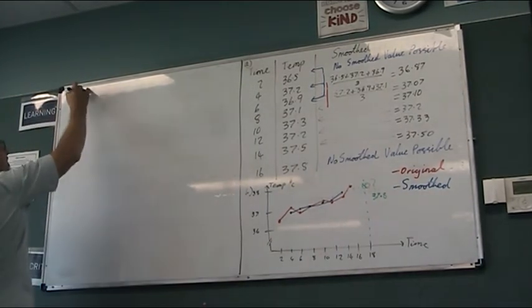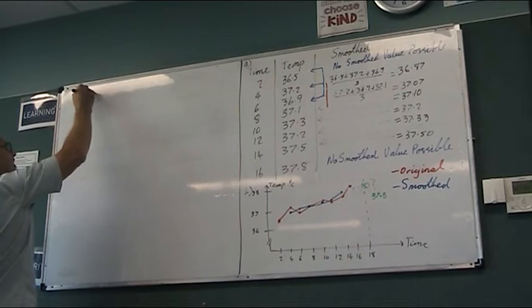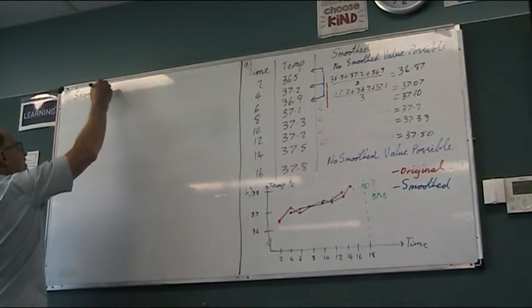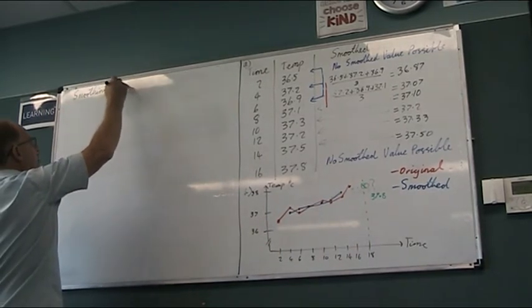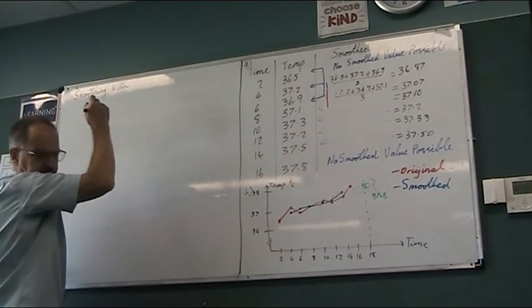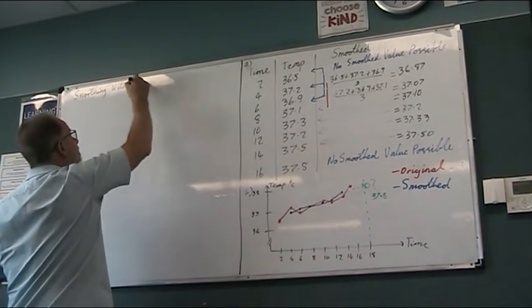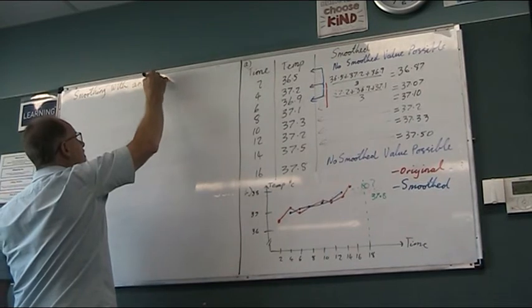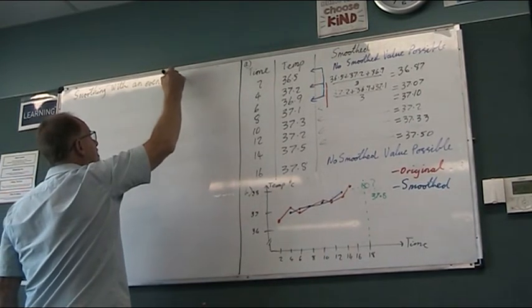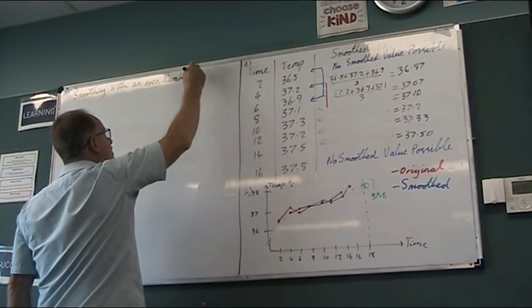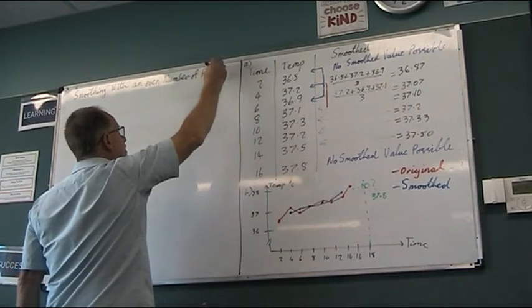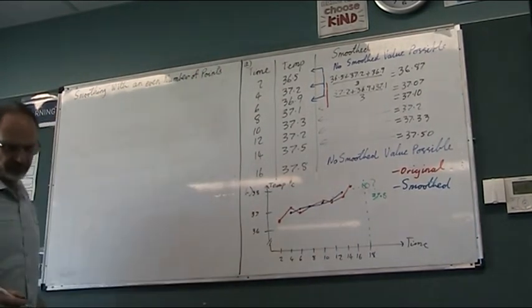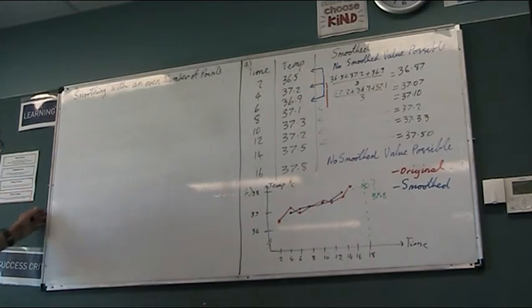Alright, so smoothing with an even number. 18 hours. From smooth data. From smooth. What was it? So when we smooth